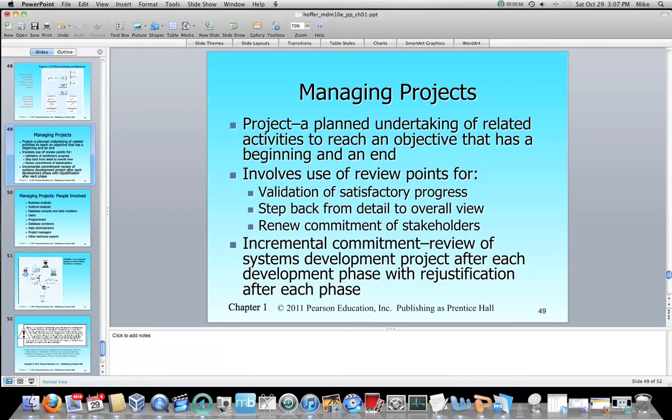There are all sorts of steps. I believe we even have a course on project management, which lets you know that, hey, this is a significant issue. So we've got review points, right? At different points we have to make sure that this project is going well. At times we have to just step back. Is this project going the way we wanted it to go? We have to deal with things called scope creep,